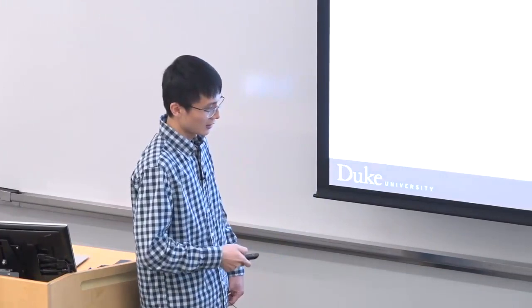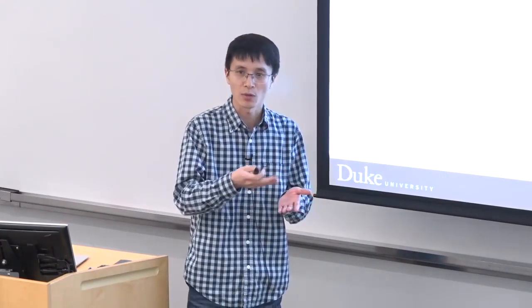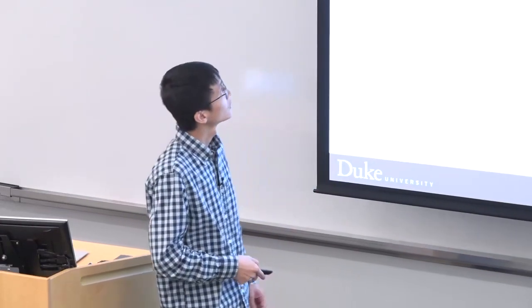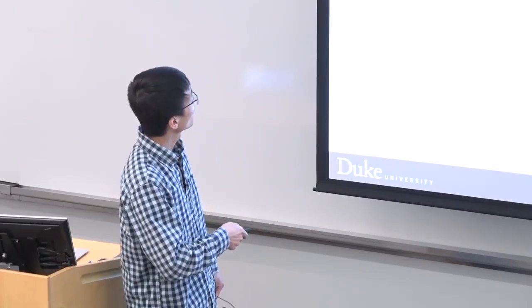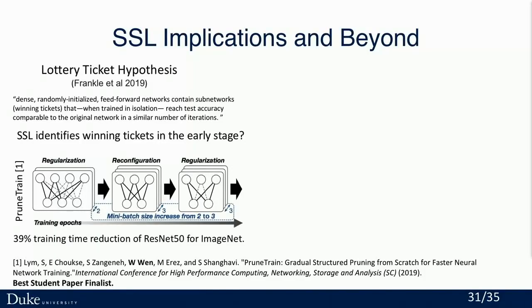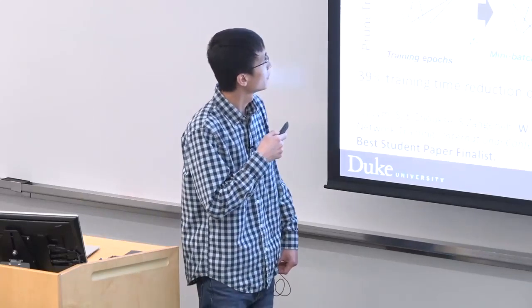So if you just randomly pick a random sparse neural network, the accuracy will be very, very bad. In our recent research, we found that SSL possibly can identify the subnetwork at the early stage of the training process. So in our experiments, we found that